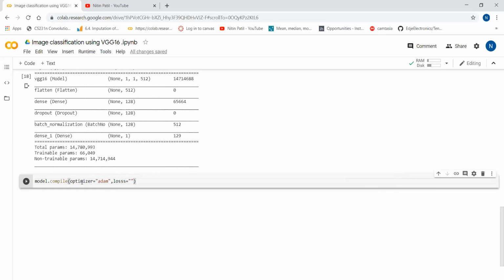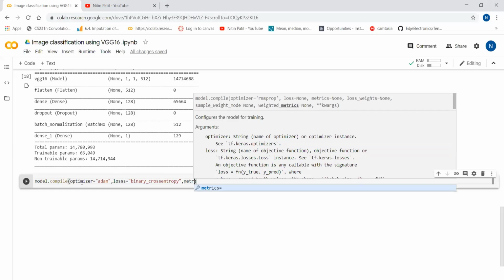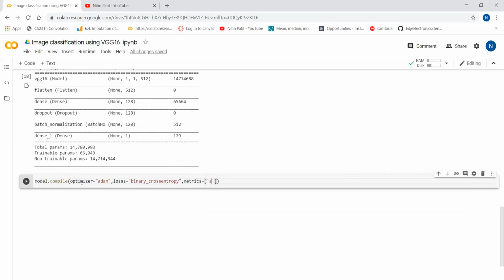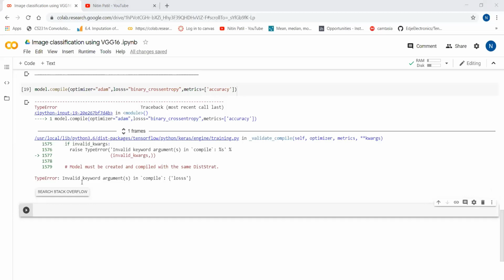We have used binary cross entropy till now, so we will use binary cross entropy. Then metrics, we will use accuracy. This way we have compiled our model.